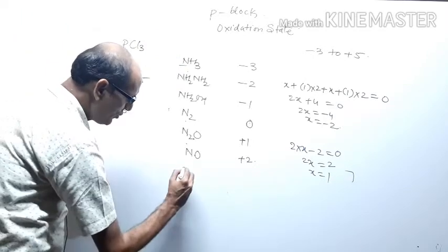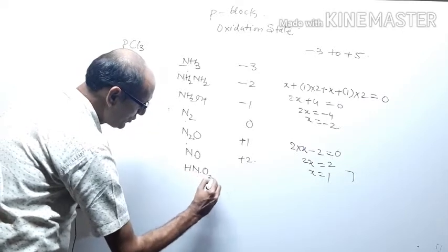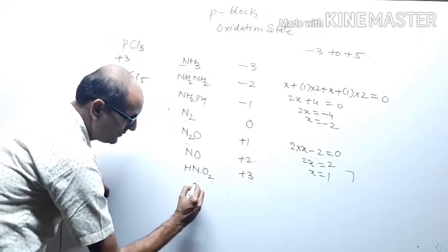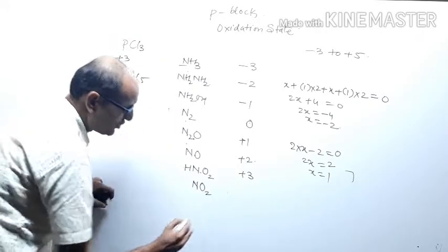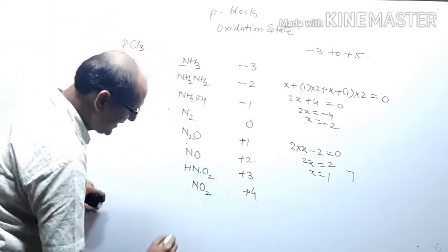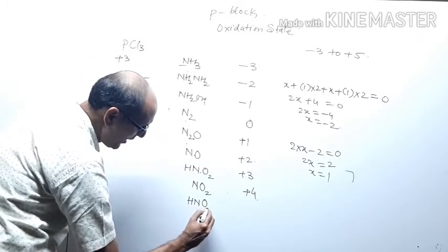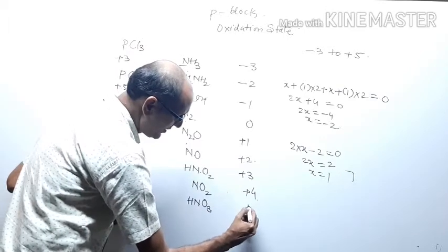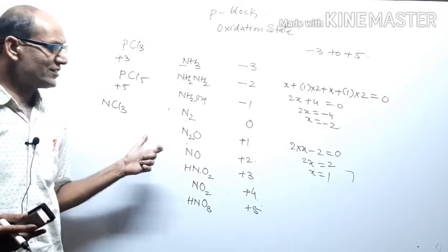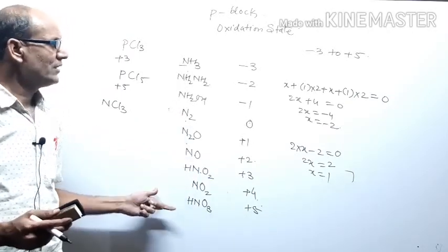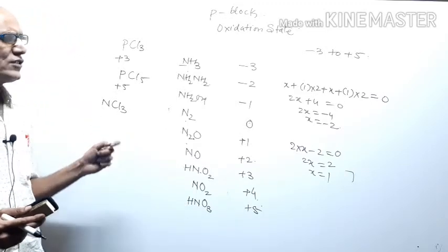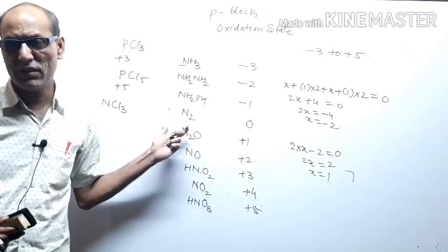Then in HNO2, the oxidation state will be +3. And in NO2, nitrogen dioxide, the oxidation state will be +4. And finally in HNO3, the oxidation state is +5. This means nitrogen can show all the oxidation states possible in group 15, but it does not show the +5 oxidation state in the form of halide. Okay students,